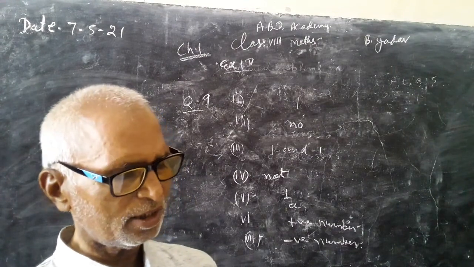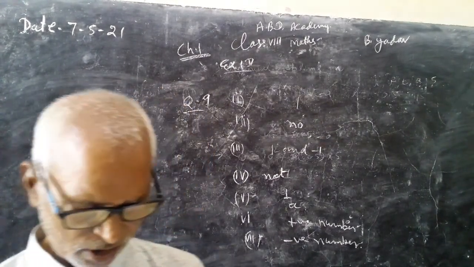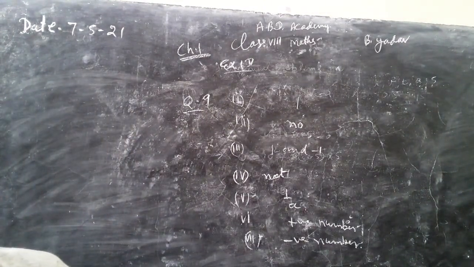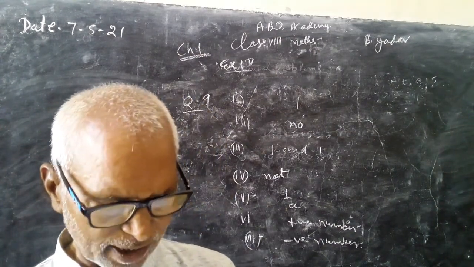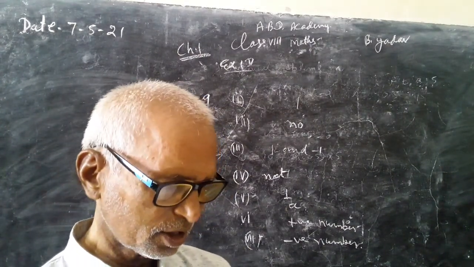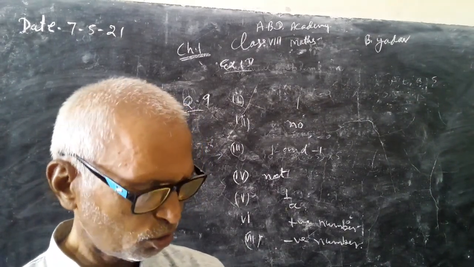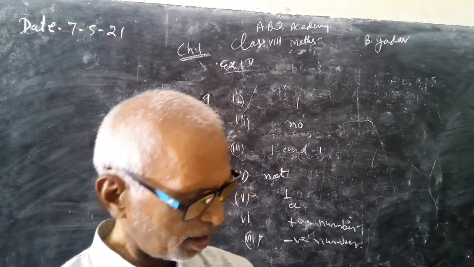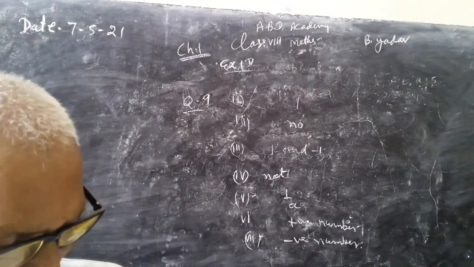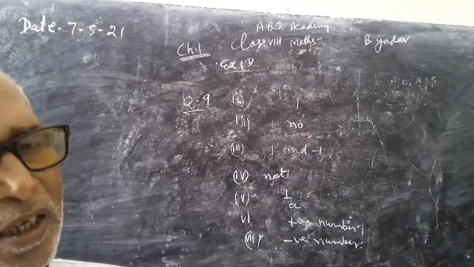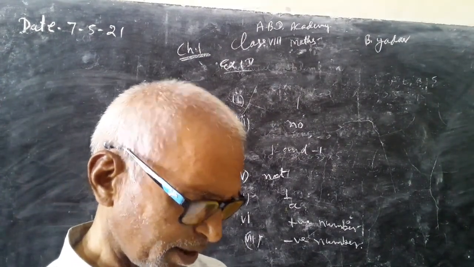I have done all these before, but only questions 8 and 9 were left, which is nothing else but, in number 8, to tell the name of the property which is given before the exercise. I did it, I told you, so you listen to me and try to read before the chapter and do likewise. Number 9 is to fill in the blanks. I have already told you what should be filled. You practice yourself and remember it.